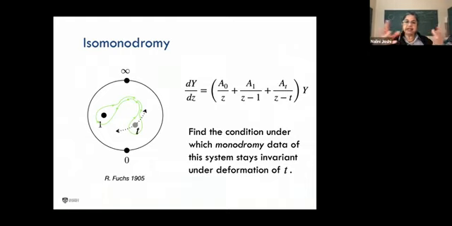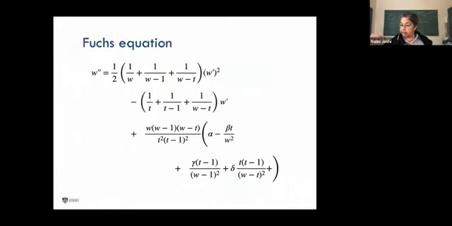Now, there are details here that I'm not giving you. There are also apparent singularities, in other words, where the solution is not singular, but the equation may be. And if you let that apparent singularity be W and T is changing, then what he found was in 1905, mind you, this equation that related W to T with some free parameters, alpha, beta, gamma, delta.